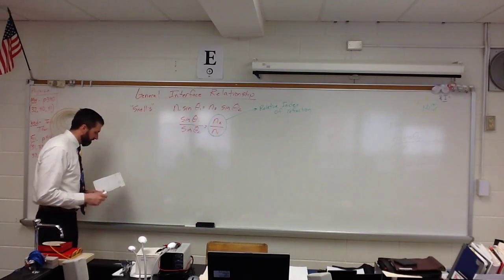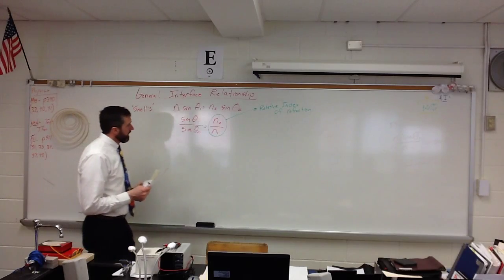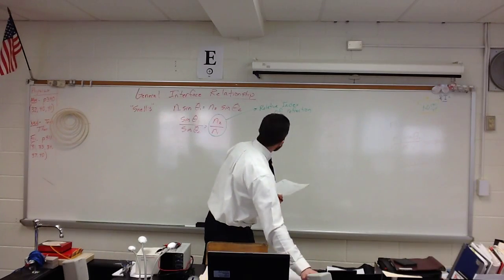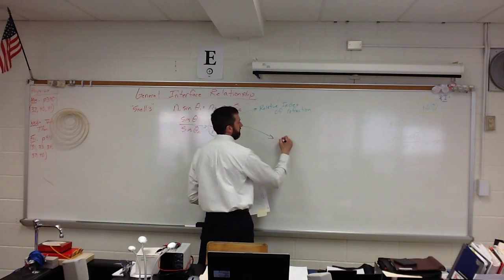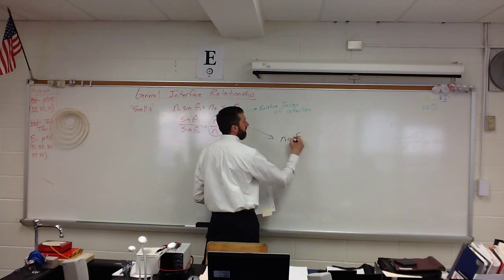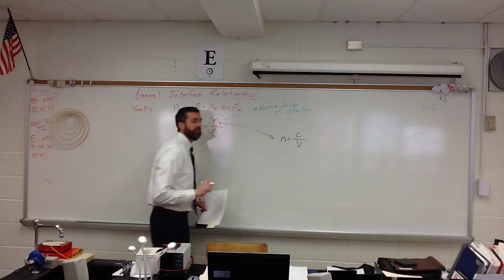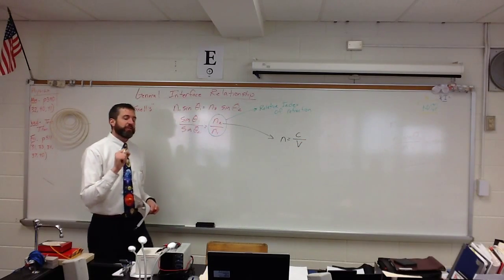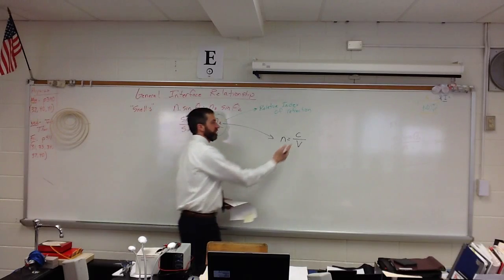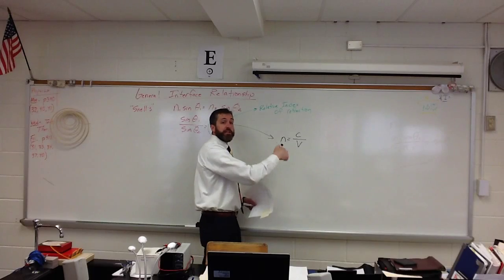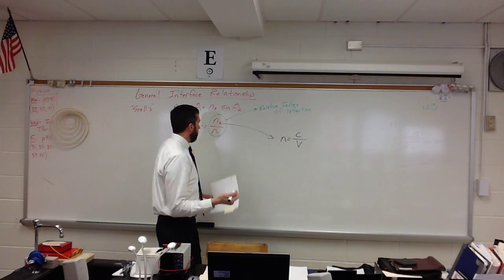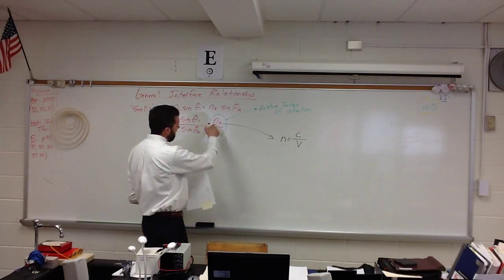Anyway, taking it from here. You probably recall that when you want to find an n value, what you do is you take the speed of light and you divide that by the speed that light travels in your material. So this is speed of light, 3e8, and this is speed that light travels in your material. Well, so if we take this right here,